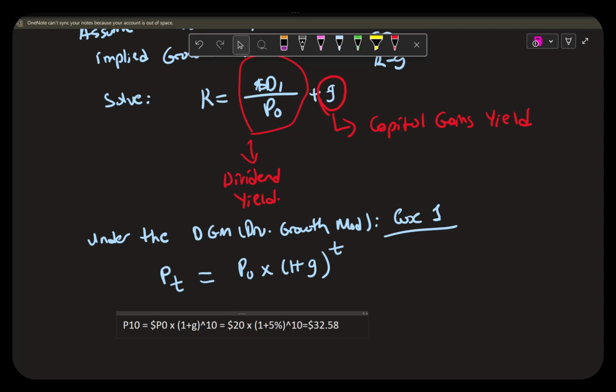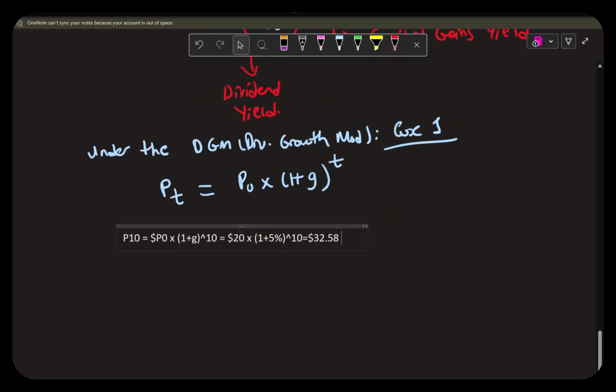You may hear sometimes equity analysts give you their target prices in 1 year, 2 year, 5 year. They estimate a growth rate, and based on that, they use this kind of equation. All right. But more importantly,